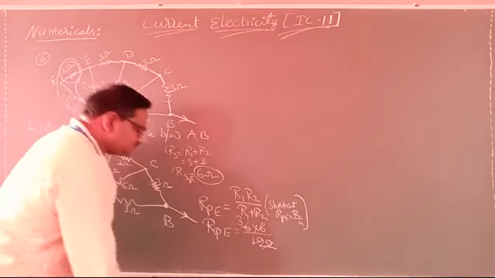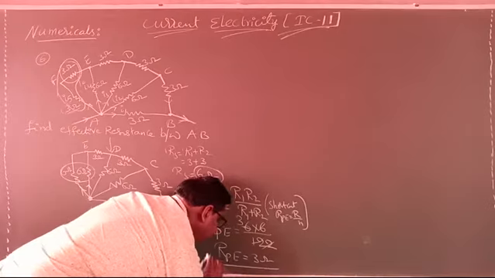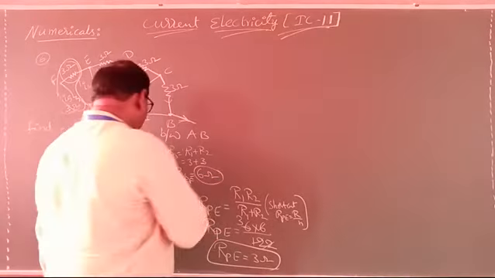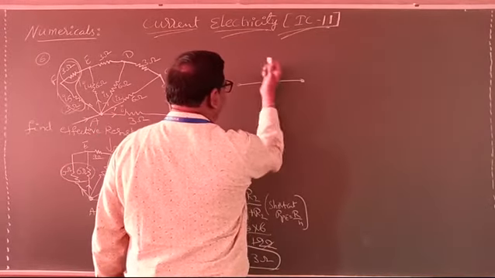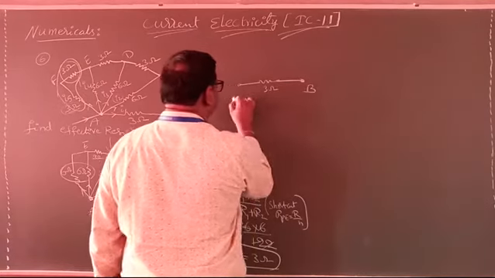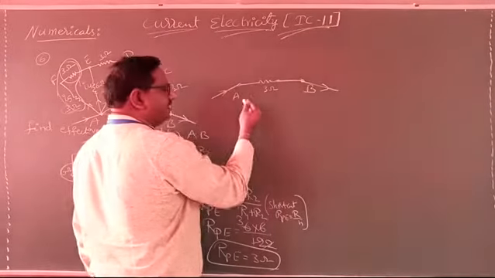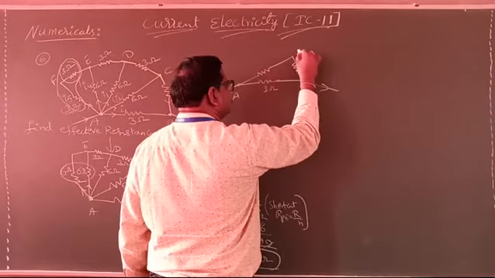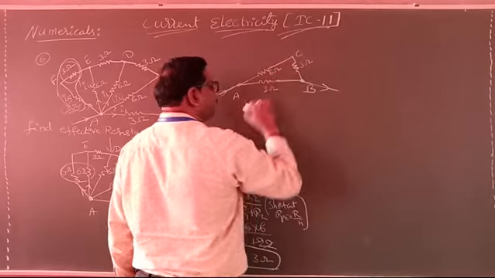Both are equal resistances, then R by N. Now the equivalent resistance is 3 ohms. Now this 3 ohms I want to write. How will this circuit become now? Between A and B we have one resistor of 3 ohm. This is the B point, this is the A point. Now current will pass from the A point. Now another resistance will be like this. So here it is the C point, here also 3 ohms, here also 6 ohms.